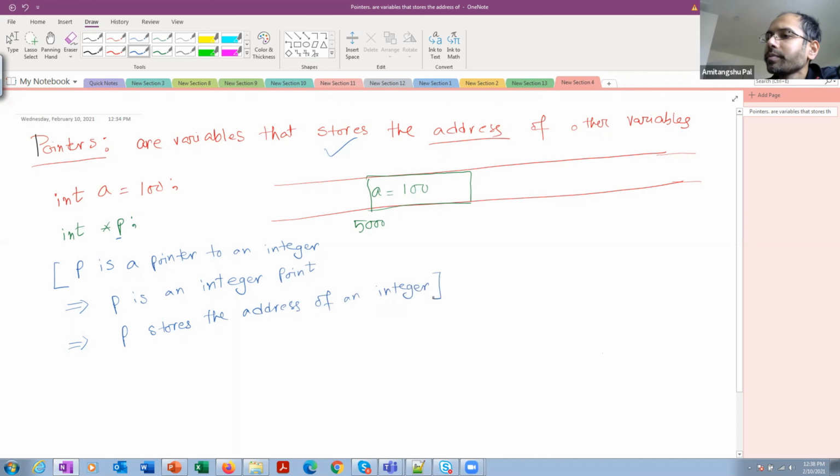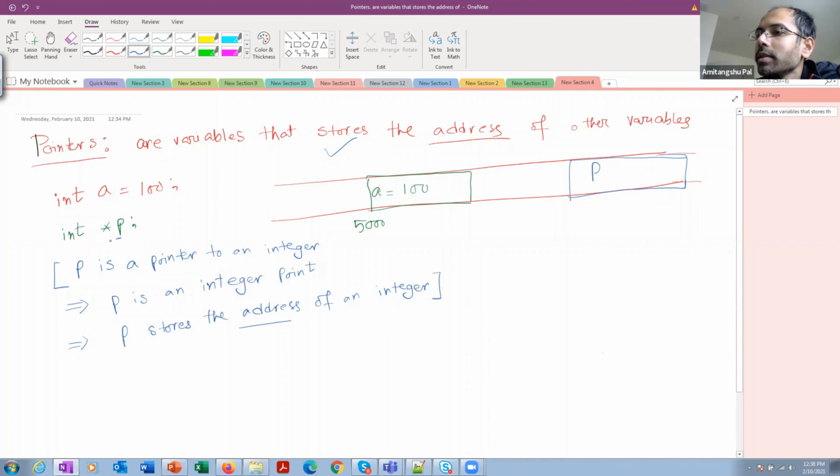Okay, so p will store an address. That means some space for p will be allocated in memory as well. On a 64-bit computer it will be 8 bytes. So in some memory location 8 bytes will be allocated for p.